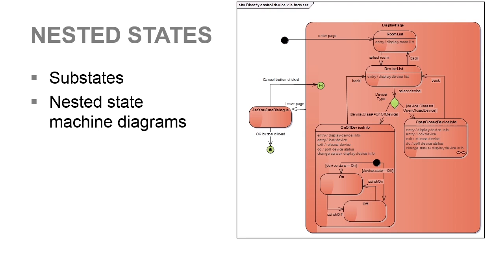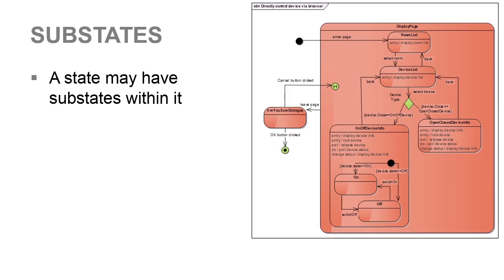In this movie, we'll look at how one state machine can be nested inside another as a submachine. Firstly, we'll look at how you can show the submachine in a compartment in the containing state, and then we'll look at how the submachine can be in another diagram, which makes it reusable across the model. We've already been working with an example of a nested submachine in the display page state, which contains the sub-state